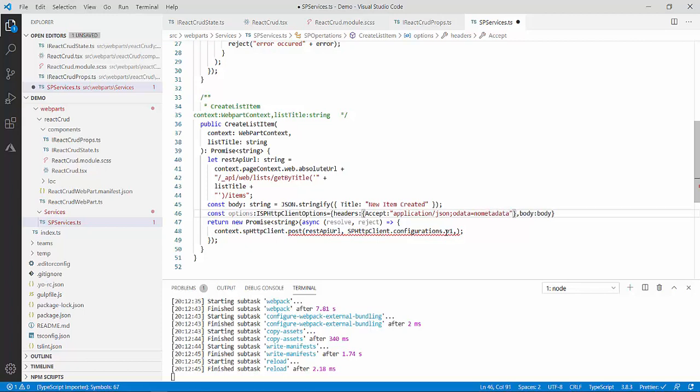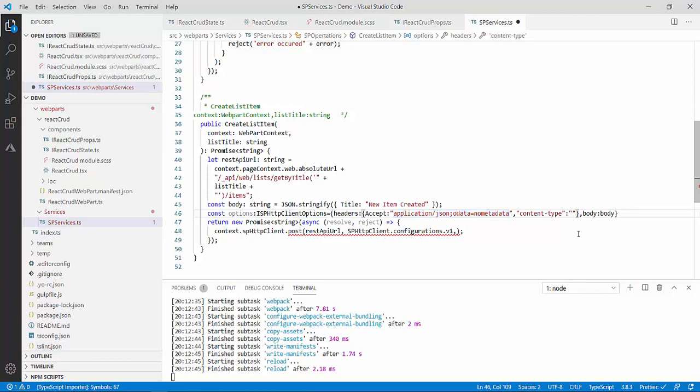So this is done. After accept, I have to provide content type. If you guys are getting confused, just give me a moment, let me write this code. You can observe it and then I'll explain. Content type, because it is really simple. The value will remain the same: application/json;odata=nometadata in this also.